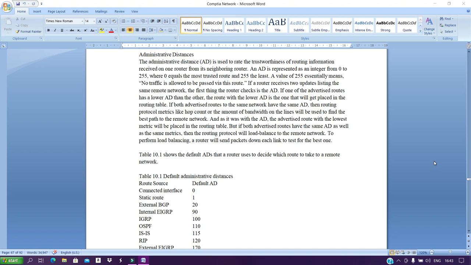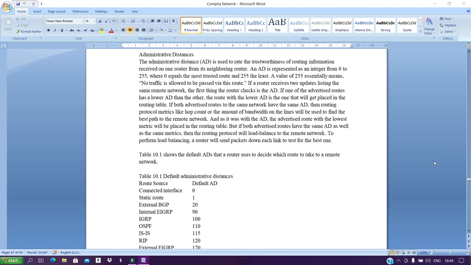If both advertised routes to the same network have the same AD, then routing protocol metrics like the hop count or the amount of bandwidth on the lines will be used to find the best path to the remote network, and the advertised route with the lowest metric will be placed in the